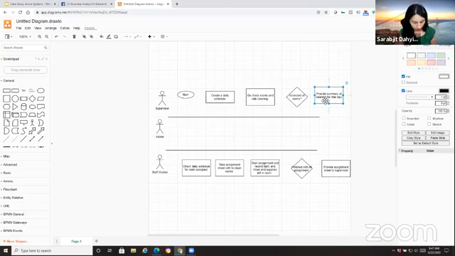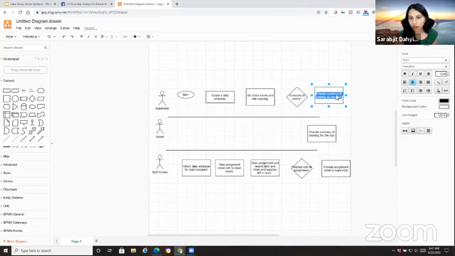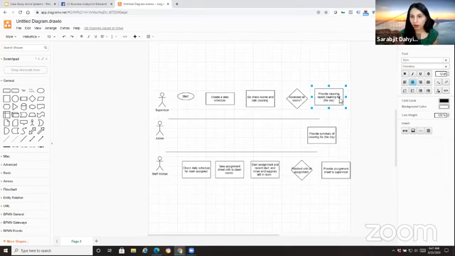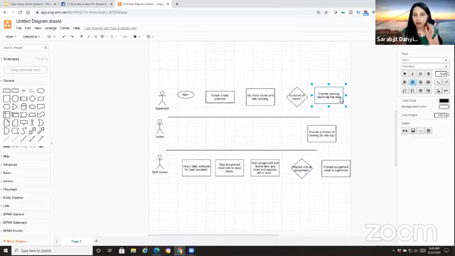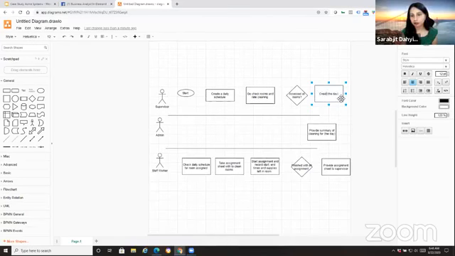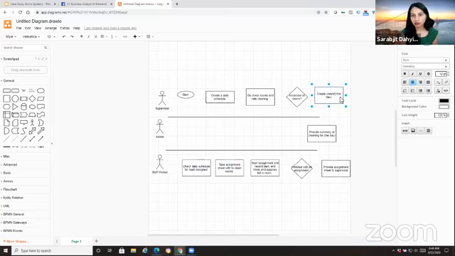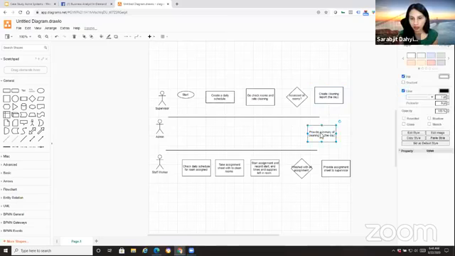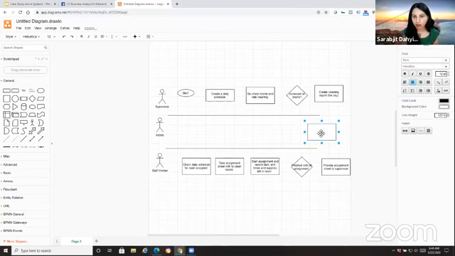And then that person will provide the cleaning report, or create the cleaning report. And then it gets handed to the admin.